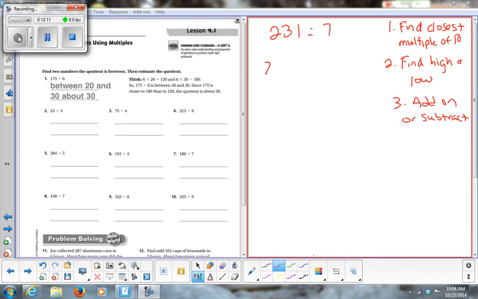Alright, so I'm going to go 7 times 30 equals 210. And then all the way down here, 7 times 40 equals 280. Now, is it too far for me to subtract from 280 to 231? Yes. It's closer for me to add, right? So I'm going to add plus 7. So 7 times 31 equals 217. 7 times 32 equals